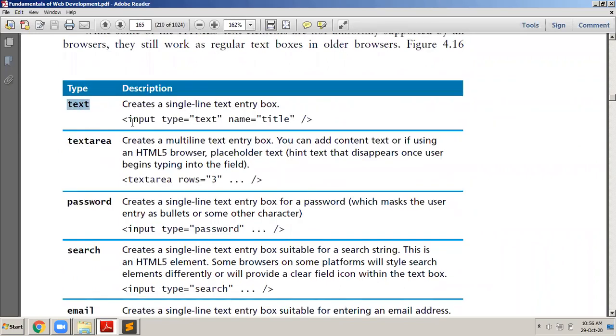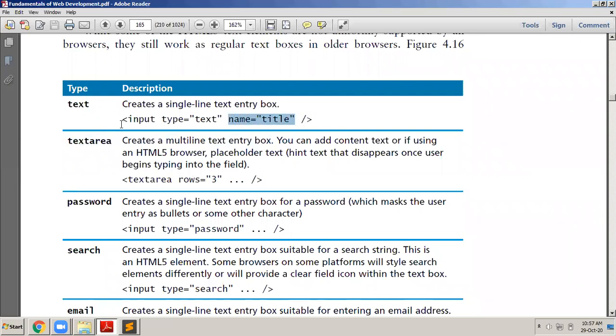So the different types of text input controls: first I have a simple text. How to place a simple text? I have already told you: input type is equals to text. Then you give it some name. Name is equals to txt uid or txt pwd or txt name, txt age. Then you'll ask me a question, sir, why are you always using txt age, txt name, txt uid like that? No, you can give any name to it. It is just that I have a habit of giving it a prefix. TXT means I come to know it's a text box control. If it's a radio button, then I write it as RD gender. I prefix it with RD because from the name itself, I should come to know what control it is. But you can give any name to a user control.